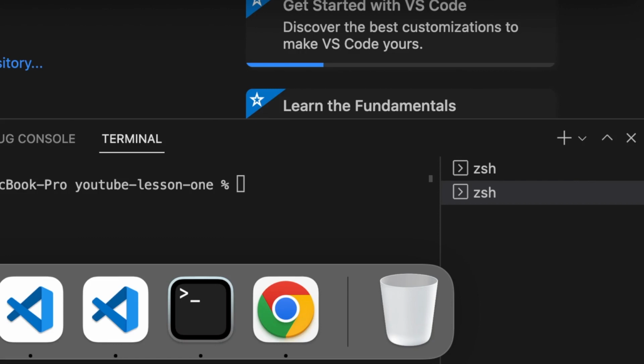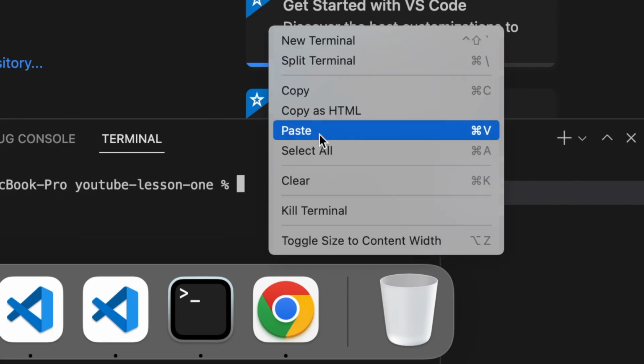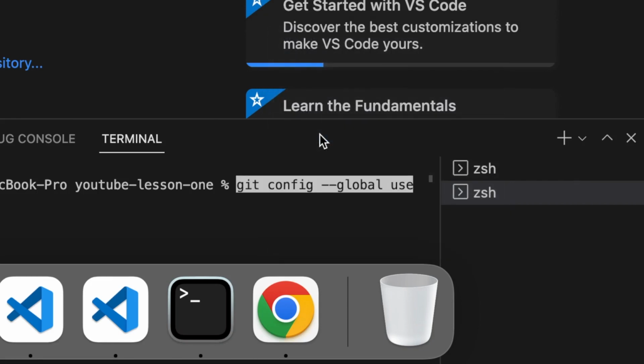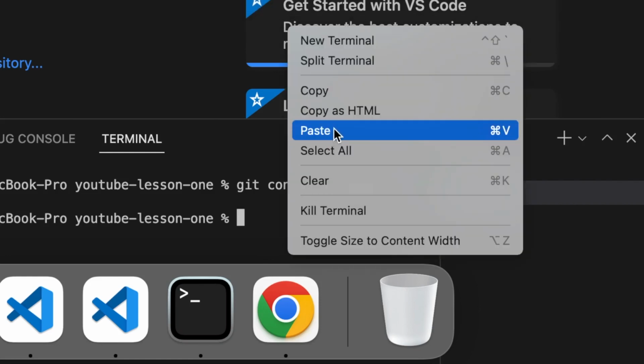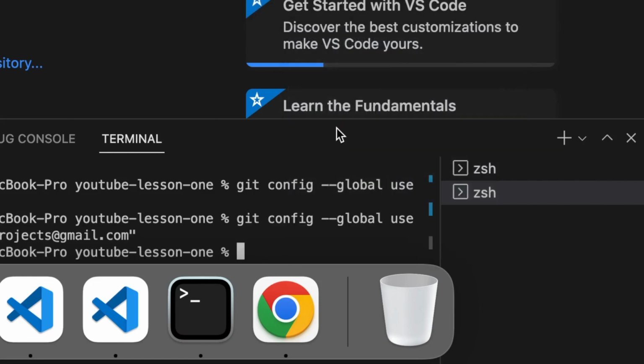For the Git configuration, you have to run these two commands in your terminal. I'm not going to show these details because it has my account details. You have your own commands in your repository, so just copy and paste these two lines into your terminal. Once you finish that,